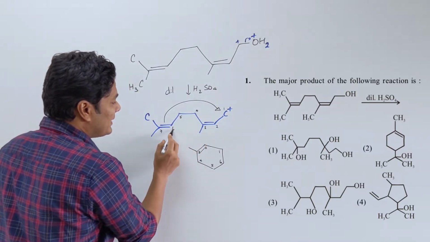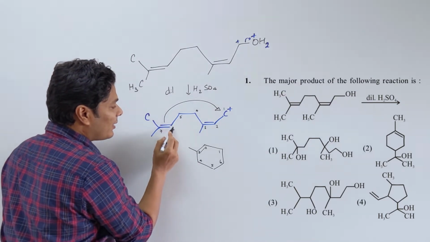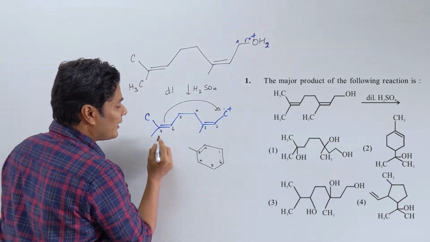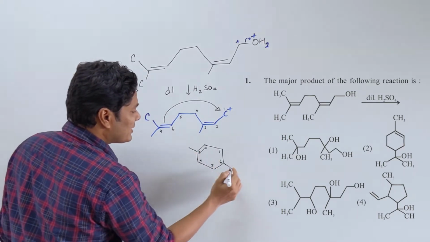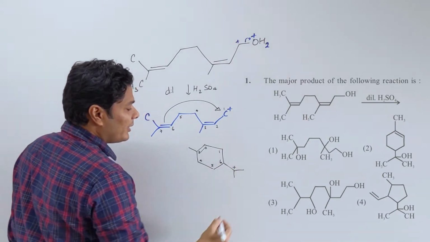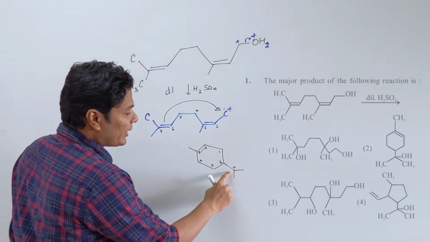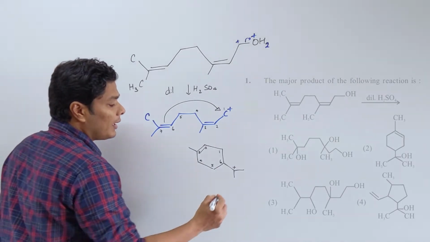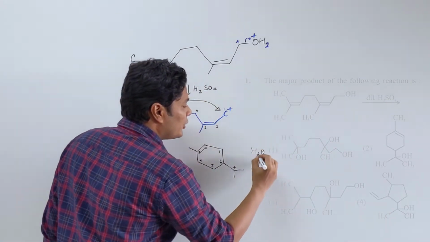4, 5 is okay. 6, now this carbon has taken this pi electron and formed a bond, meaning this carbon number 7 has lost its share of electron. Carbon 6 is attached to carbon 7, which is attached to this. So now carbon 7 is going to be a carbocation. Now this carbocation is a tertiary carbocation, it is stable enough. Now it can be attacked by the nucleophile